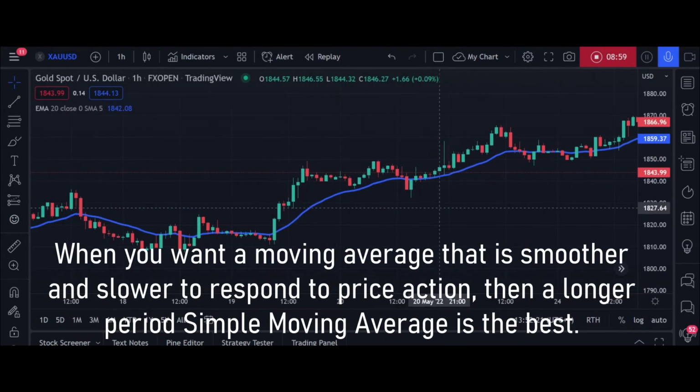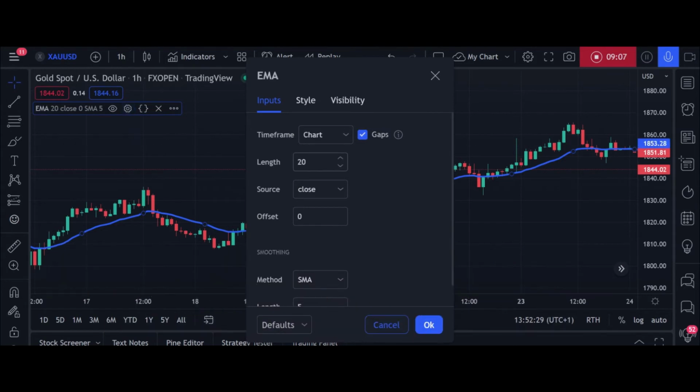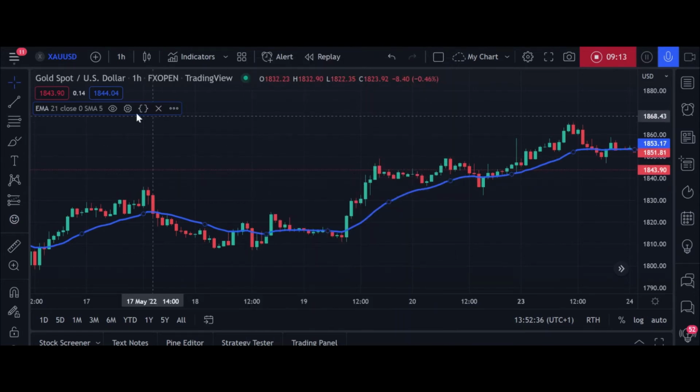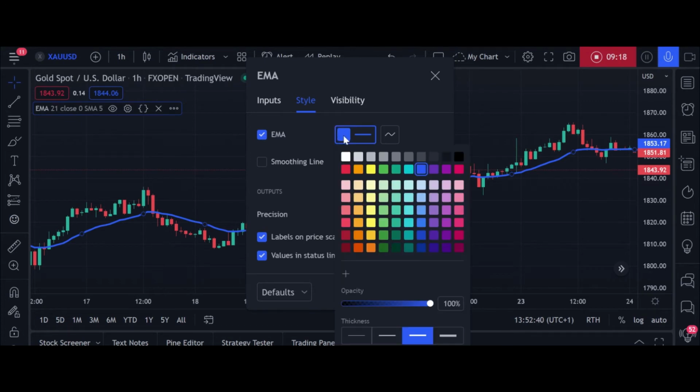When you want a moving average that is smoother and slower to respond to price action, then a longer period simple moving average is the best. This would work well when looking at longer time frames, as it could give you an idea of the overall trend. Although it is slow to respond to the price action, it could possibly save you from many fake outs. The downside is that it might delay you too long, and you might miss out on a good entry price